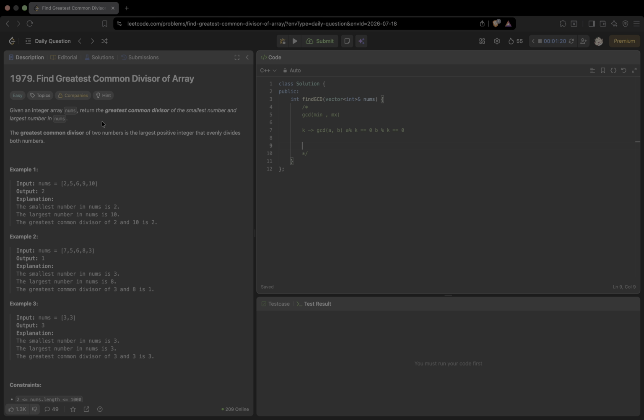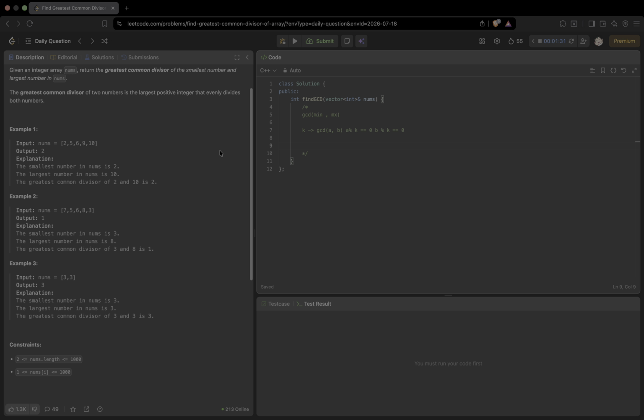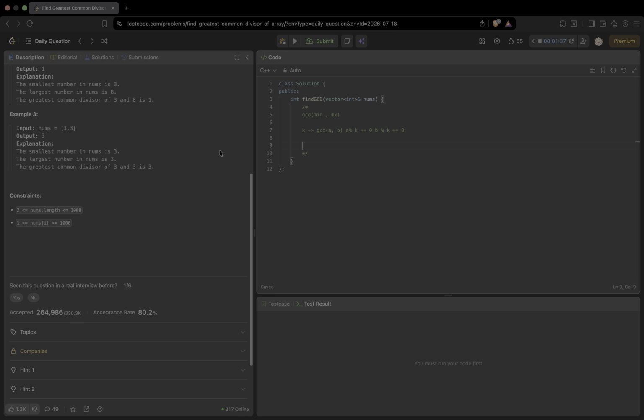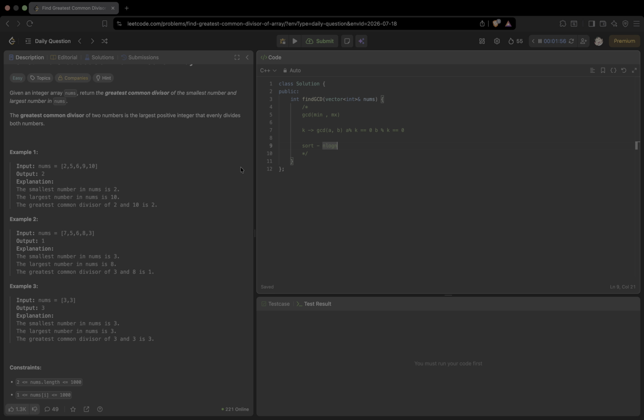So the first challenge is we need to find the smallest and largest number in nums. To find the smallest and largest number in a random order, you can sort the array and get the first and last elements. To sort the array, complexity would be O of n log n if you do merge sort or inbuilt sort in C++. For the given length of 1000, n log n works. So it is feasible, but can you think of any better approach